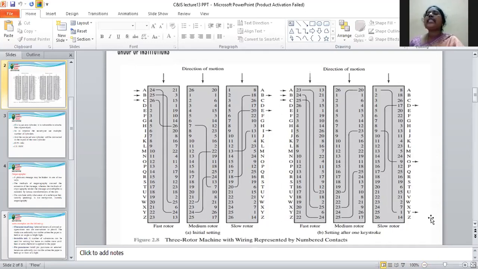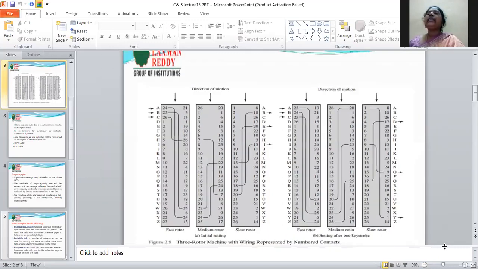Keystroke is changing. Before it was 24, 25, 26. Now our plain text is 23, 24, 25. The plain text letters are ABC only, but the internal numbers will change. One number will change: 23, 24, 25. It will change the internal wire connection.